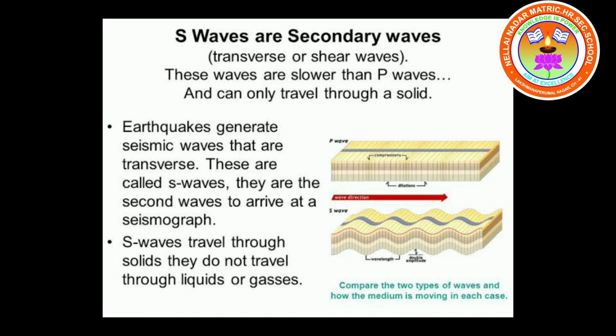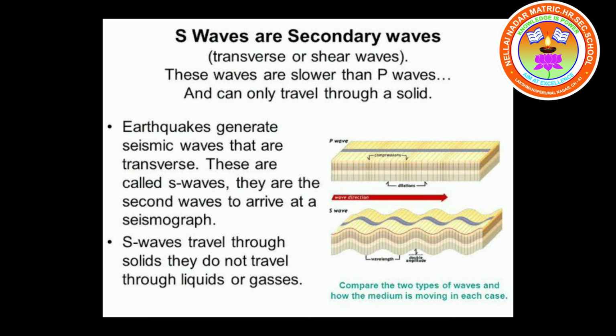S waves are secondary waves. The transverse are shear waves. These waves are slower than P waves and they can only travel through a solid. They do not travel through liquids or gases. Okay. The next